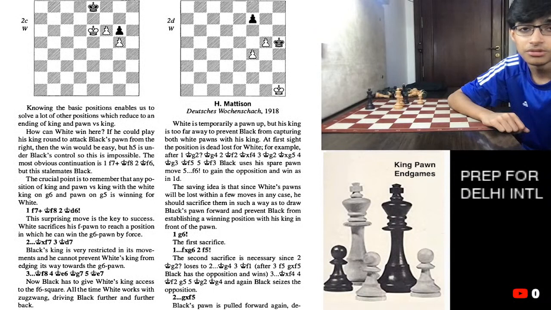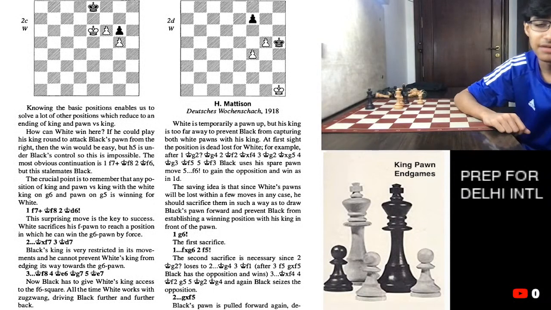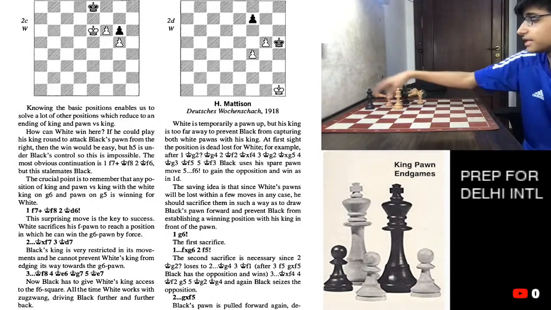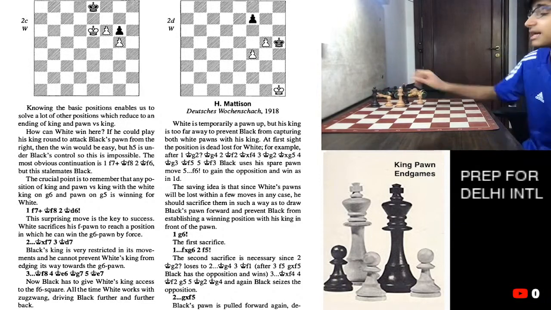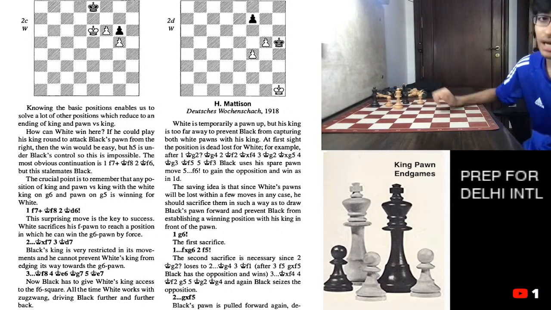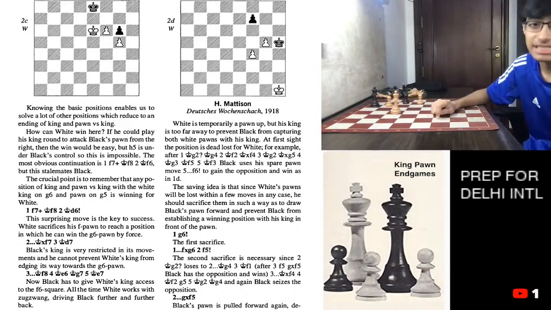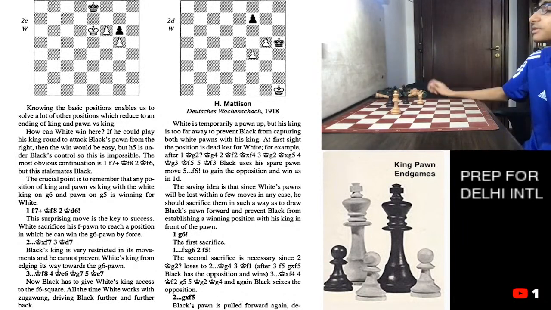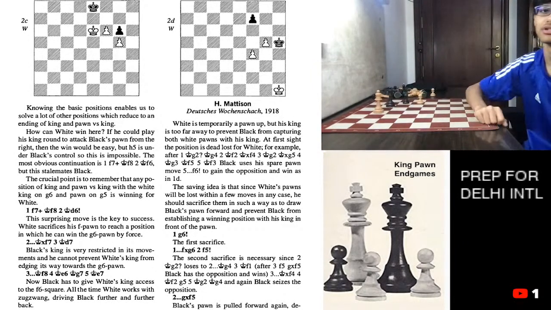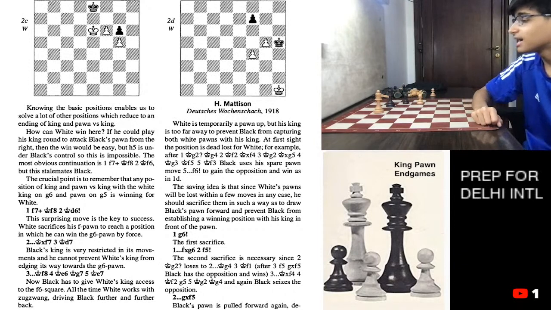The most obvious continuation is f7, king f8 and king f6, right? But this is a stalemate and we don't want a stalemate over here. And over here, if we go for something else, then he can just capture the pawn. However, here there's a good move, which is king to d6. And now when he picks up the f7 pawn, we take opposition with king to d7, and now this is